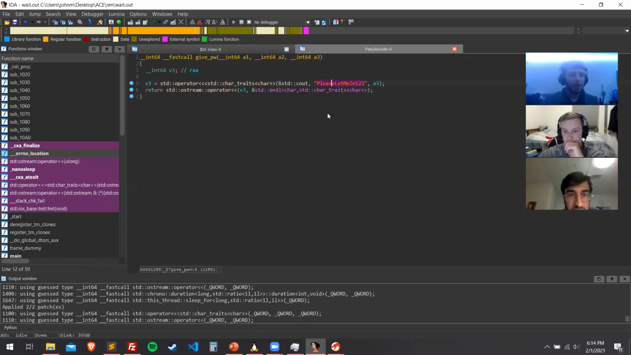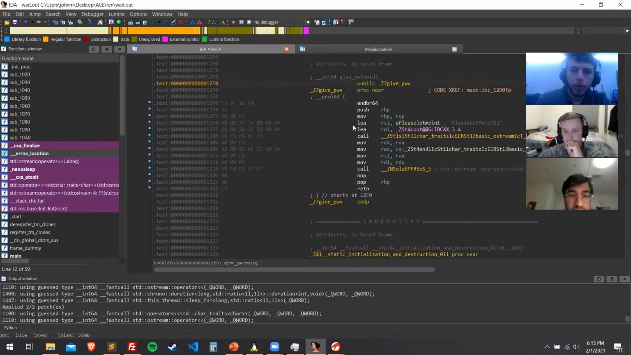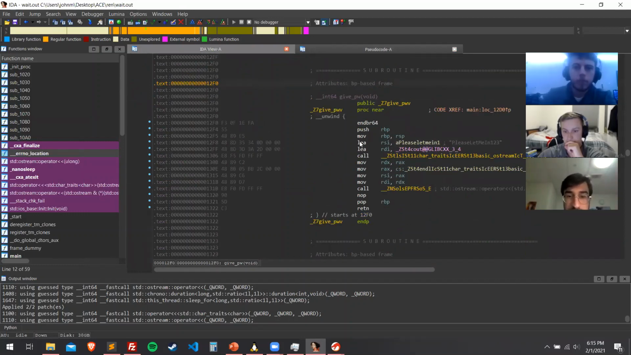It's not going to be like that. Hopefully, if you have somebody that's giving you a password, it is encrypted or obfuscated somehow. But if we look over here at the disassembly,